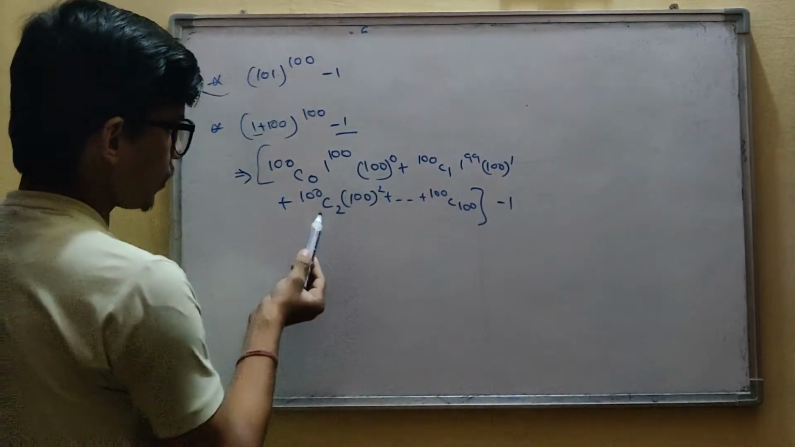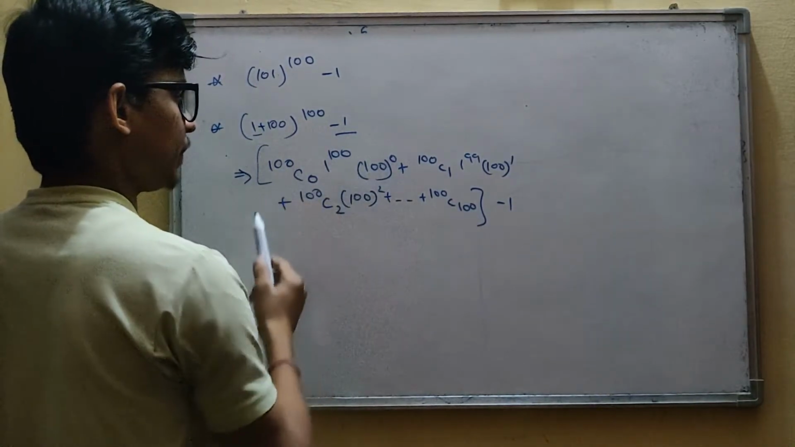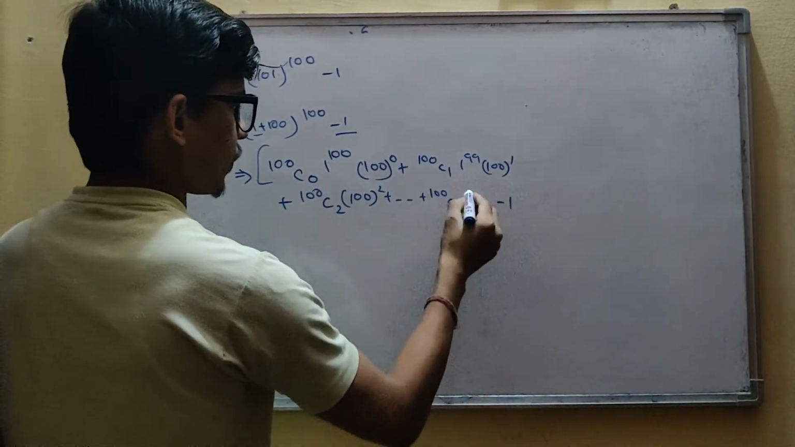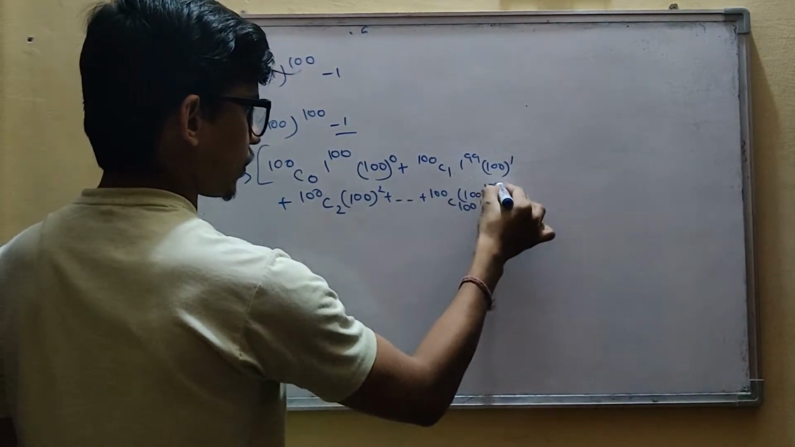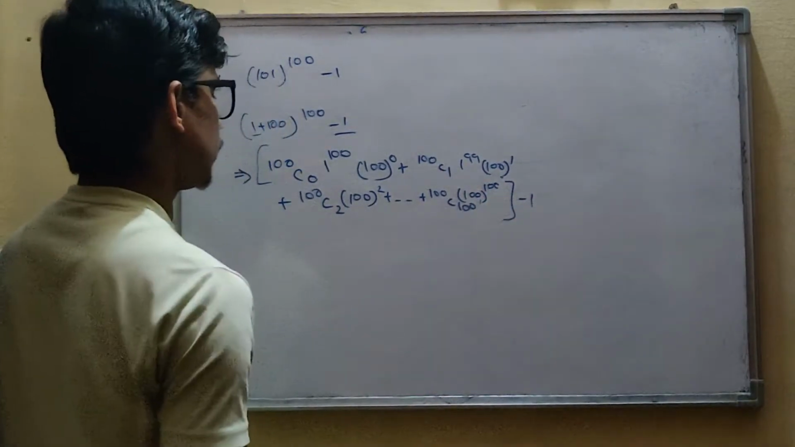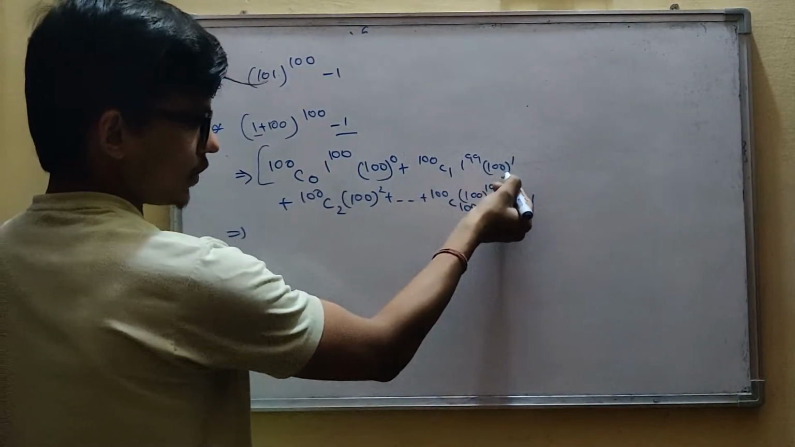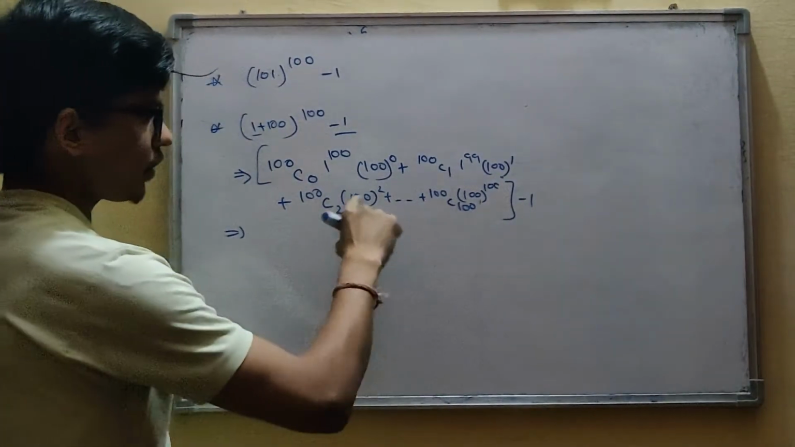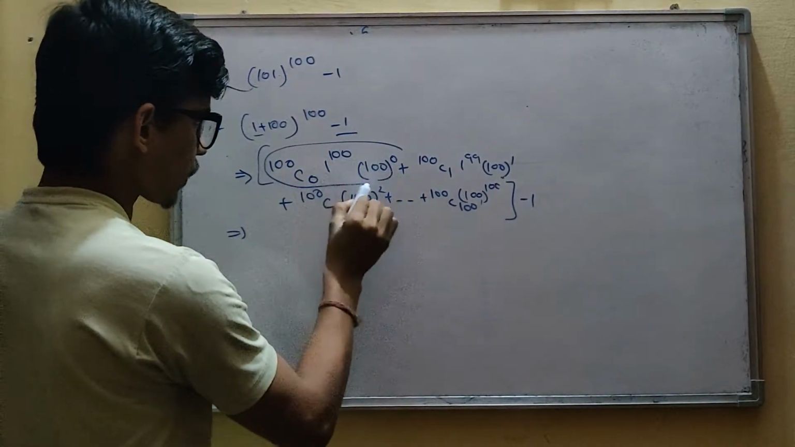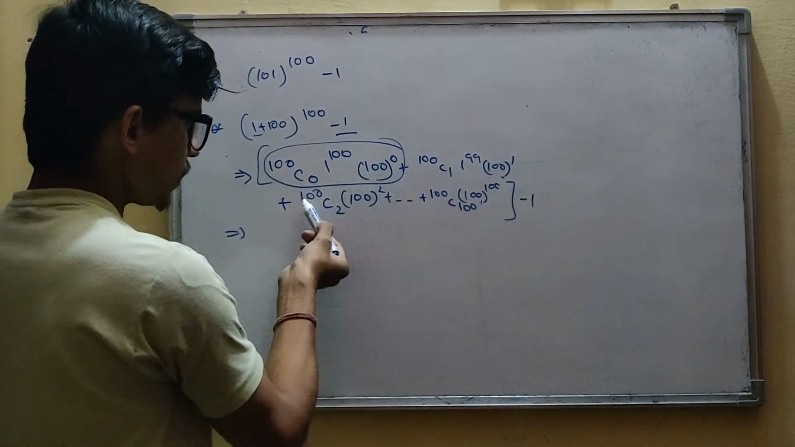Now if you look here, 100C0 is 1, this term is 1, so there should be 100 to the power 100, minus 1. Here it is 1, and here 100C1 is 100. So you are getting this: this term is 1, this term is 100C1 into 100, so this is going to be 10,000, and it is 100C2